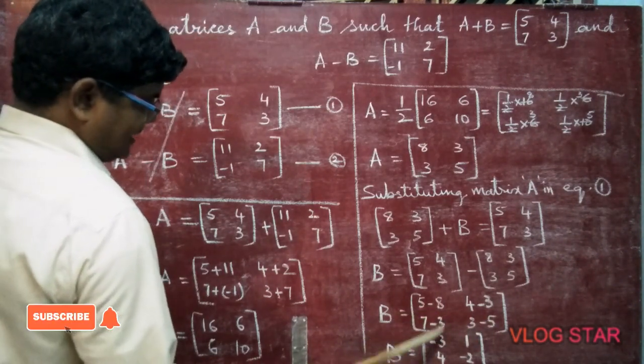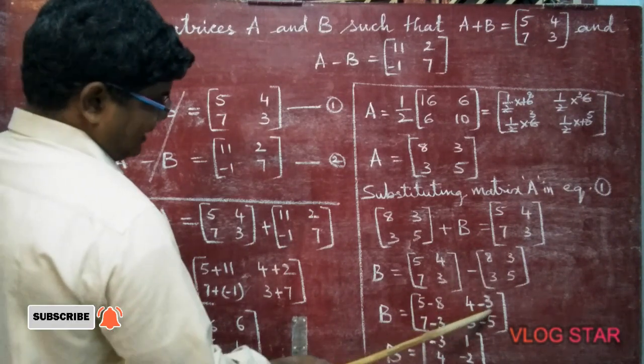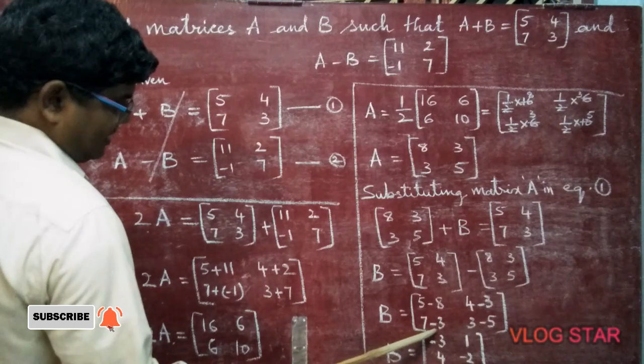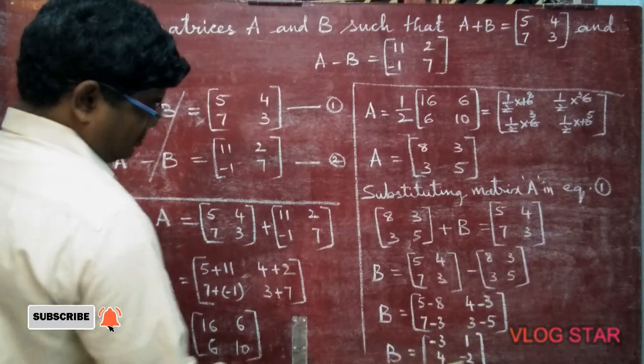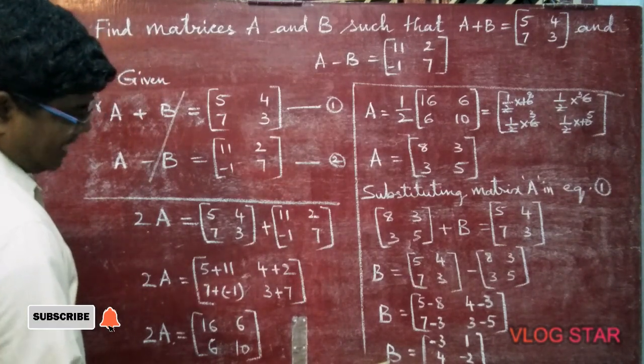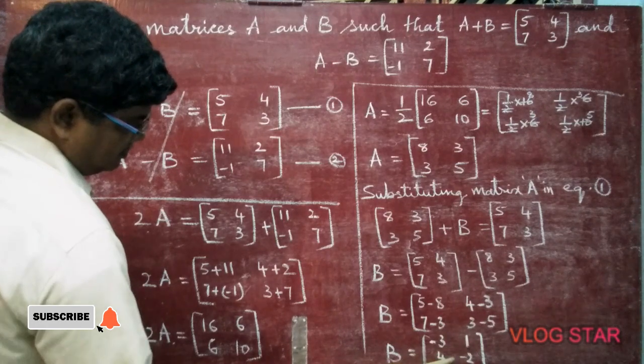Now 5 minus 8 is minus 3. 4 minus 3 is 1. 7 minus 3 is 4. 3 minus 5 is minus 2. Therefore we got the B matrix also. What is the B matrix? Minus 3, 1, 4,